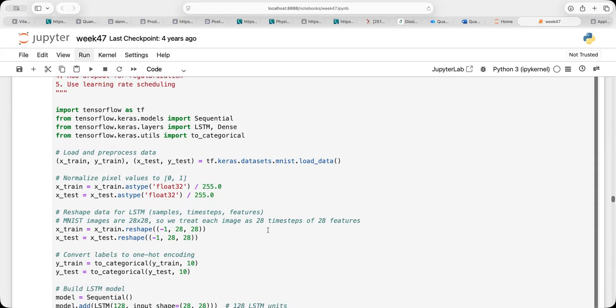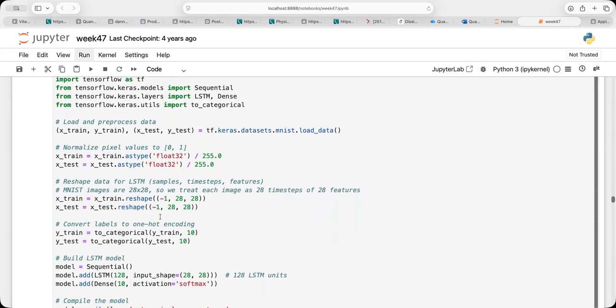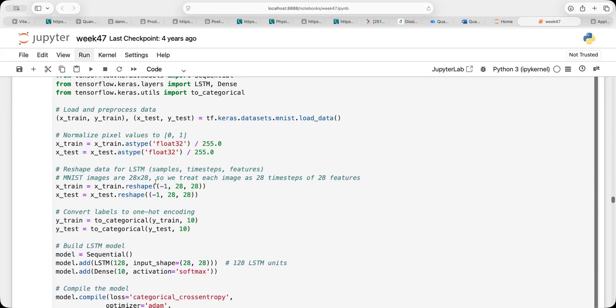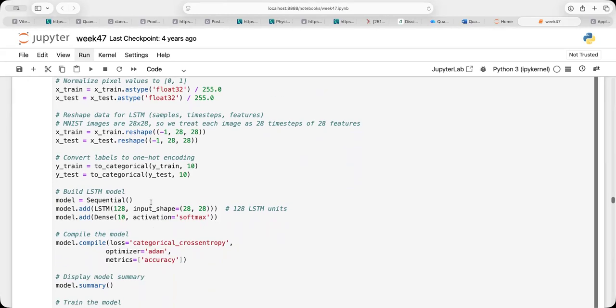This is an LSTM where we now do the standard training of the data. You've seen this before. We reshape the data. We have the 28 times 28 pixels. We normalize it. This is something you should always think of, to normalize the data. In this particular case, we are then setting up an LSTM with 128 cells. These are the LSTM units, which is a parameter. Then you have the input shape, which is your image, 28 times 28, and the output is governed by the softmax function.